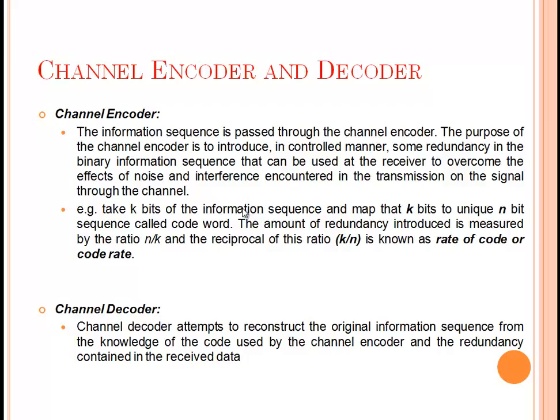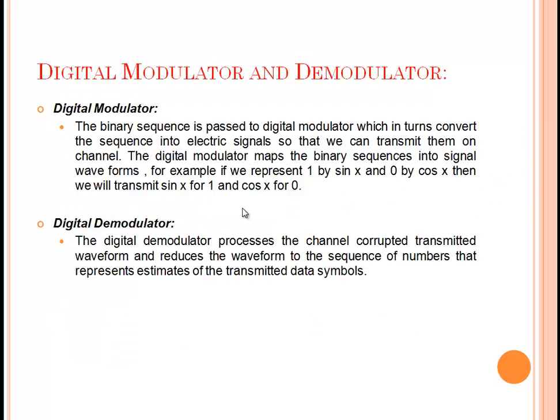Then at the receiver there's a channel decoder. The main job of the channel decoder is to remove the redundancy which has been added in the channel encoder at the transmitter side, right? We can have a digital modulator, as I said earlier, and we can have a digital demodulator. In coming lectures, we will discuss what the digital modulation techniques and the digital demodulation techniques are,